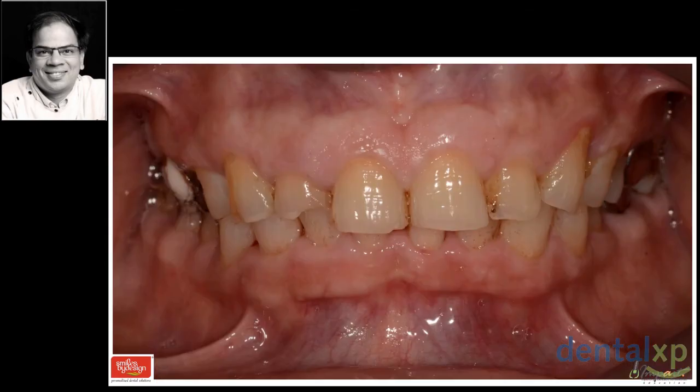That's his retracted view. When I've taken the lip and the cheek aside, I can see his bite now, and I get a sense of the dentition here where there is a lot of loss of tooth structure on the lateral incisor, especially the upper right, and most of these upper anterior teeth have lost some form of enamel from the incisal edges. The labial surfaces otherwise look very nice and intact. That means there is no acid influx from the labial side, which is a good thing. And we'll look at the palatal view in some time.